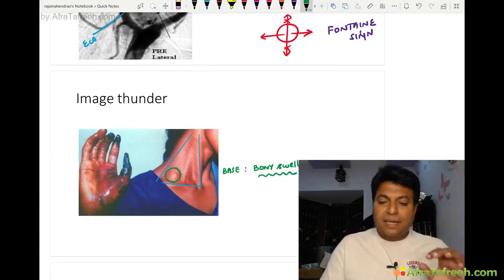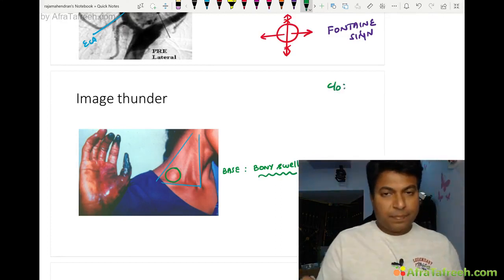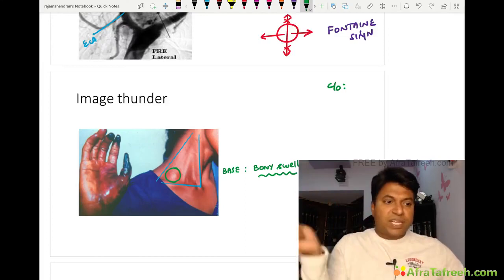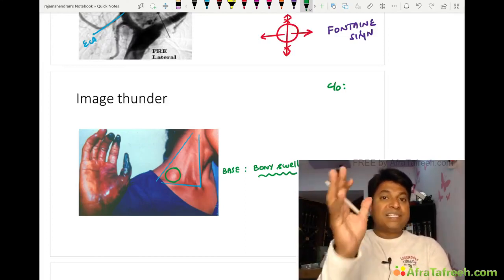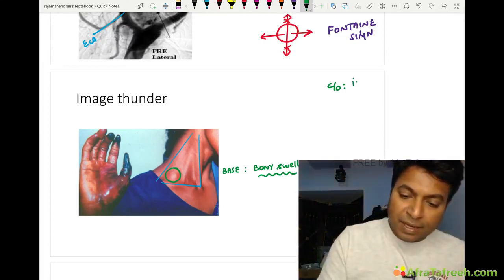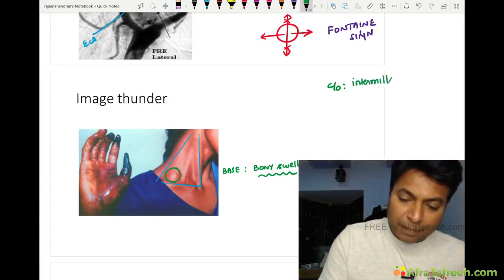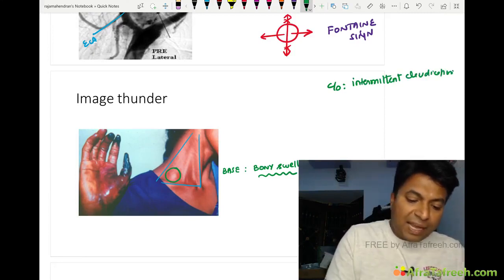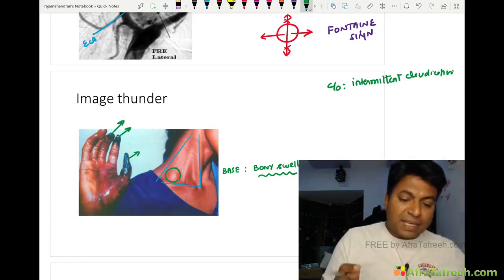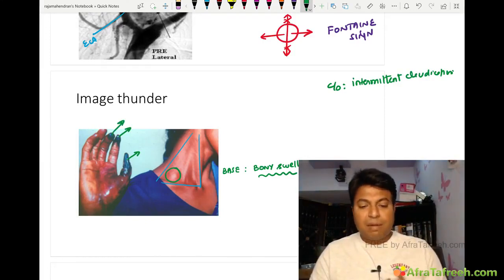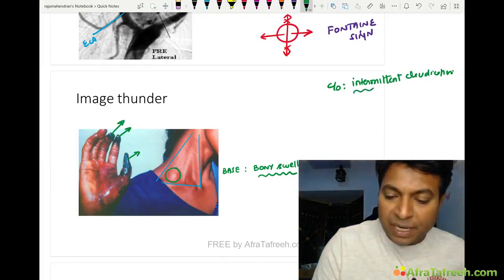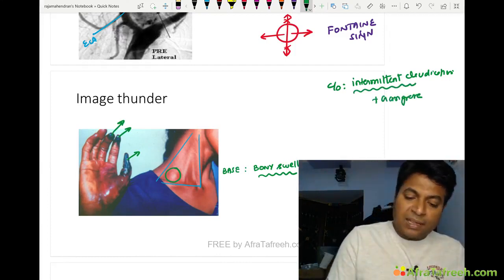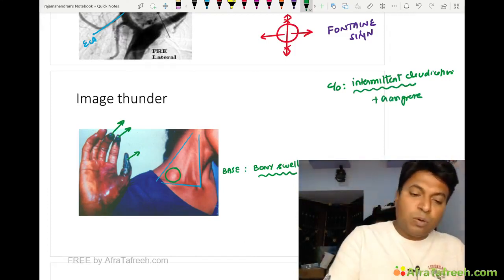And the patient comes to me with the complaint of intermittent claudication. When the patient starts writing or washing clothes, there is pain in the upper limb. That is known as intermittent claudication pain. Gradually, this girl has come to me with gangrene of the fingers. Can you see? There is gangrene of the fingers. So this is a typical picture showing intermittent claudication pain plus gangrene of fingers plus a swelling at the base of the posterior triangle. The diagnosis is